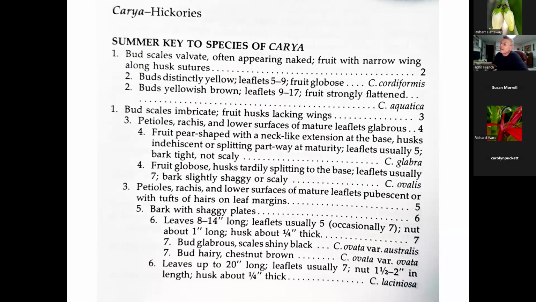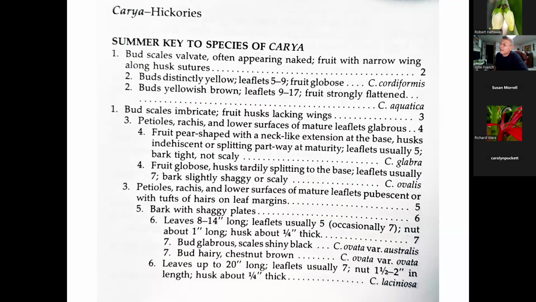You know what I'm saying, Bobby? Yeah. Go say that again. The key does not work right here. On the glabrous business or what? Of this species, number petioles. Okay. I don't know about the lower surface of the mature leaves, but